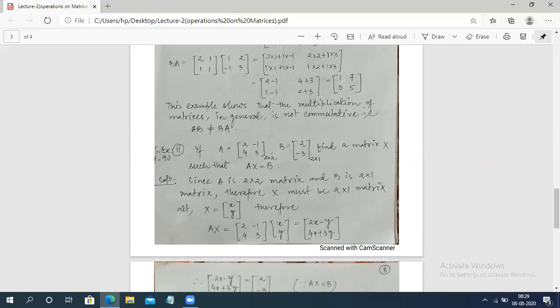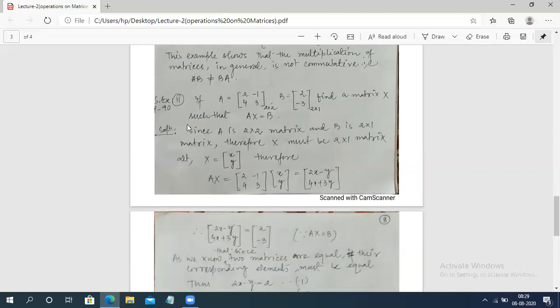Now take this matrix X, 2 by 1 matrix, that means column matrix. So take X and Y. These numbers are unknown. We have to find out this matrix X. So we are taking its elements as x and y. Now it satisfies this relation, that is AX equal to B. So first write AX and find out the value of AX. Write the A matrix and then the X matrix, that is x, y.